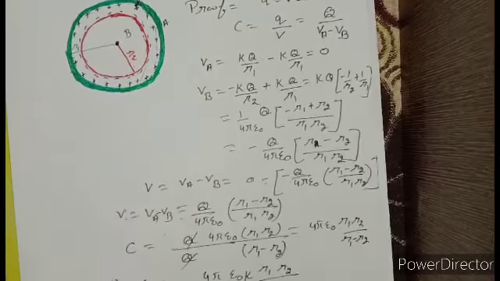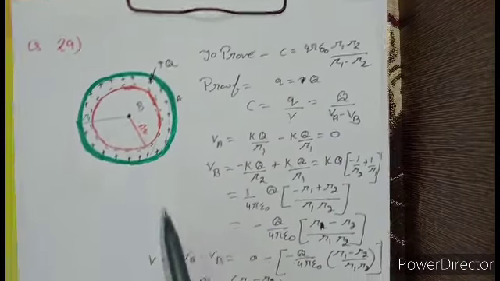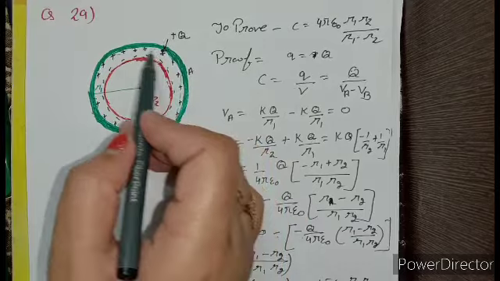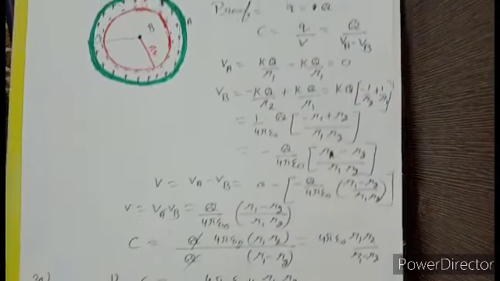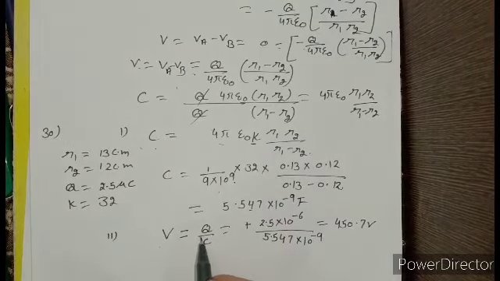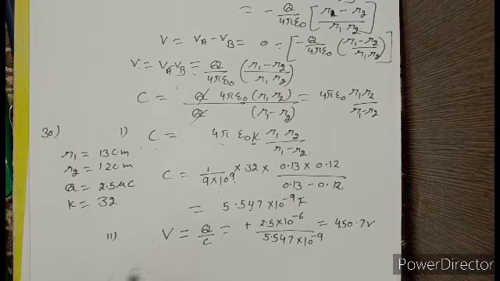For the outer sphere, in the question number 30, here we get the negative charge. Okay, then potential on the outer sphere, here negative Q divided by C. Okay, in the third part,